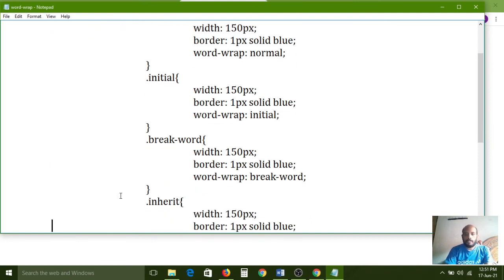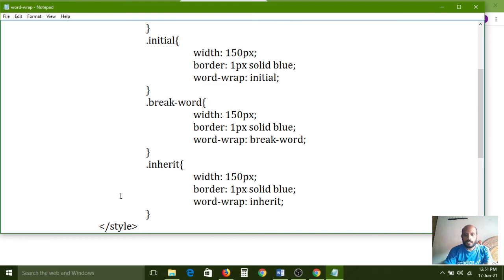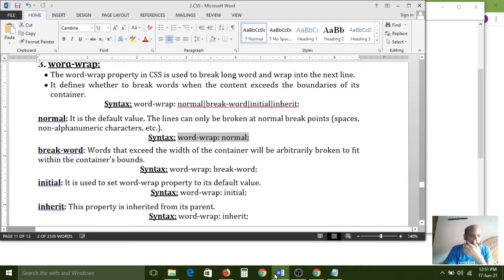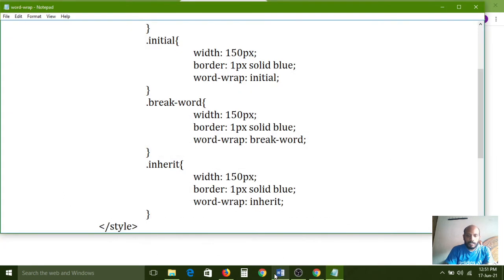So break hyphen word. That is the value, break hyphen word. If you use the inherit keyword it will collect from the break hyphen word.